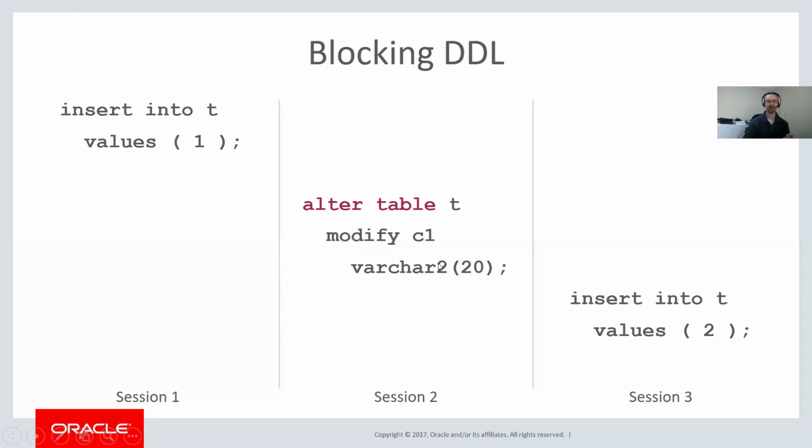But because it's blocking, session 3 is now also waiting for this alter table. So you've gone in the situation and said, well, we'll just wait a while before we bomb out with the resource busy error. But this is a situation where you really can start bringing your application to its knees. 60 seconds on a busy application is probably going to introduce some real serious queuing, and a lot of slowdown in your application. It's not a good situation to be in.